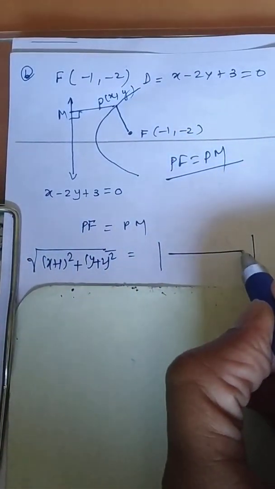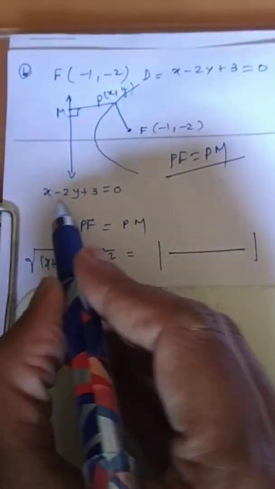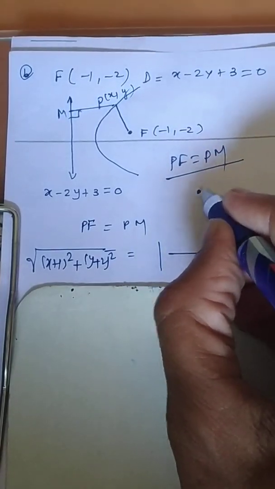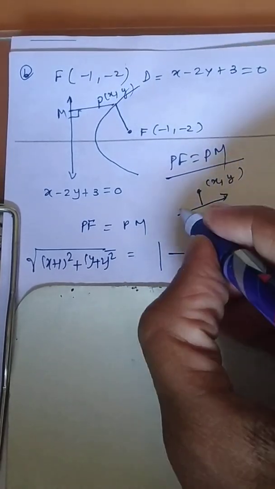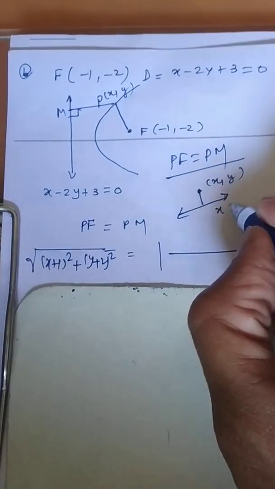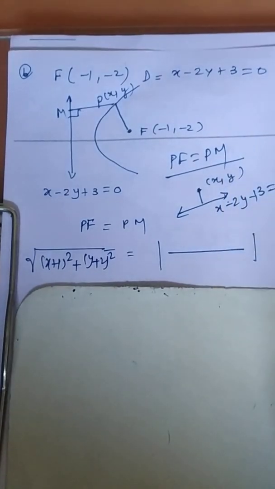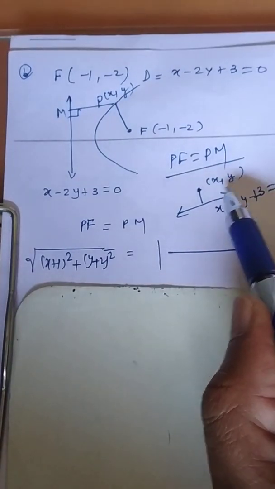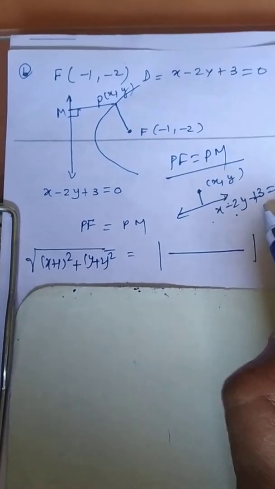PM is a perpendicular distance formula. Again take care of that. Here this equation of line is x plus 2y. Do you remember this is the point, say (x, y)? I am looking at another situation because in this figure you will get a little confused. Now this is plus 3. (x1, y1) is nothing but (x, y). A is 1, b is -2 and c will be equal to 3.